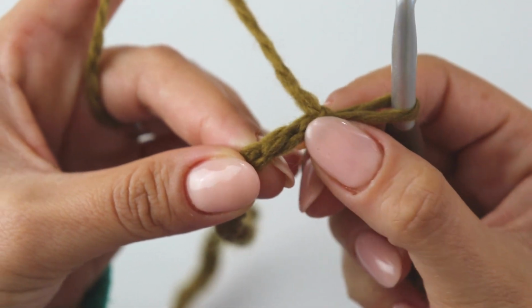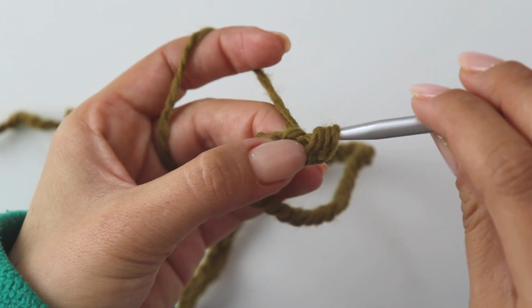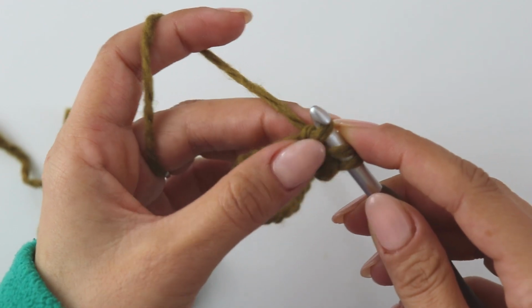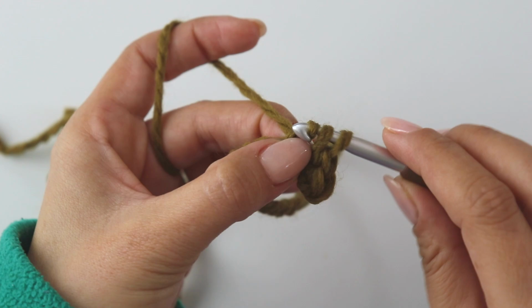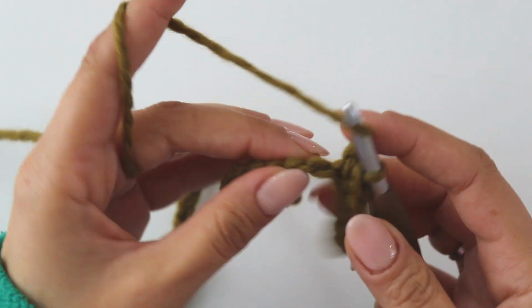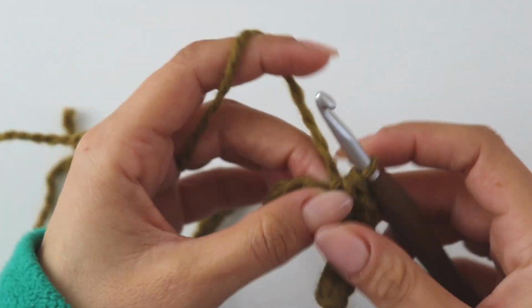That's the first one. We will skip this. Yarn over, insert into the next, grab the yarn, and directly pull through these two. That's a half double slip stitch. Yarn over, insert into the next, pull through two. Pull through two, and we will make totally 45 half double slip stitches, and that made me confused about the chain numbers. Make 45 half double slip stitches